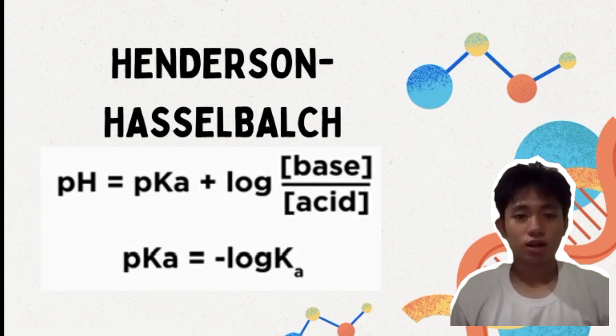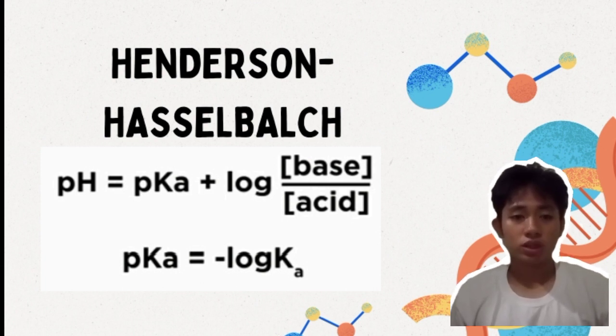What this shows us is that in order to create a buffer solution of a desired pH, we must use an acid-conjugate base pair where the Ka is approximately equal to the desired hydronium concentration, or rather where the pKa is equal to the pH.